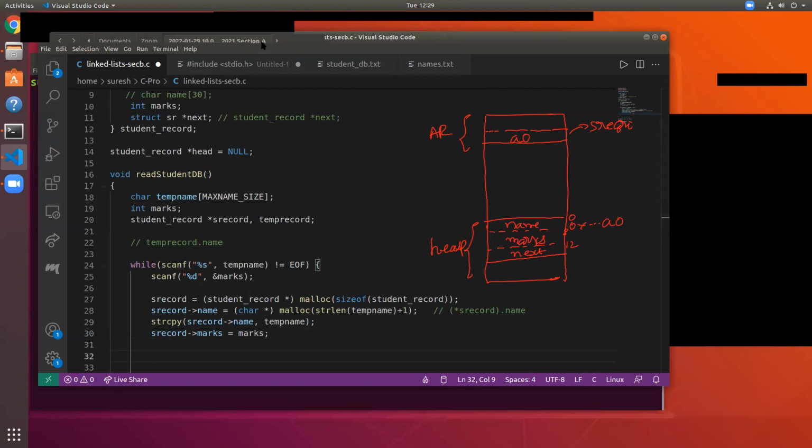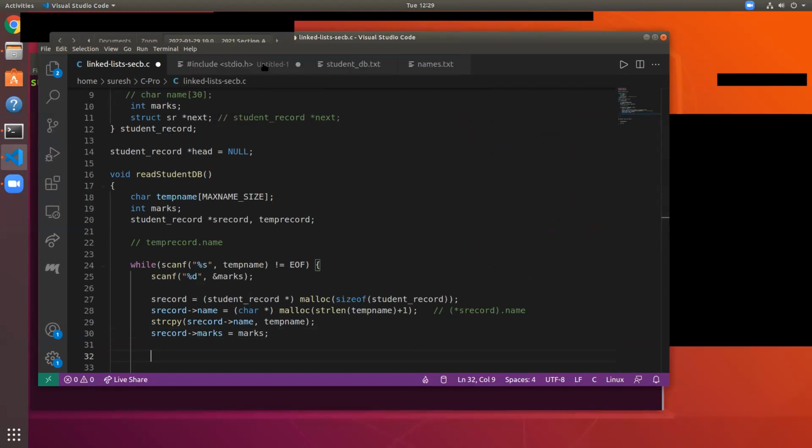Okay, so what we want to do is, let's say our list is like this. Head is a pointer, a variable which holds the address of the first element here. So when we want to add a new element,